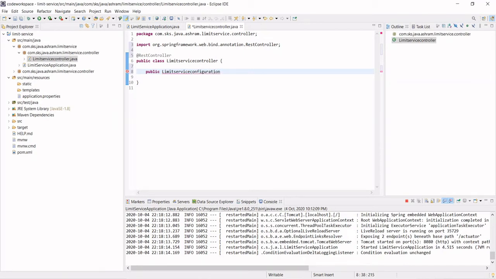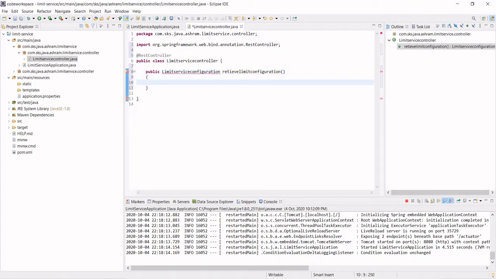Okay, and give the method name retrieveLimitConfiguration. Okay, here this is not defined, so let's define this.